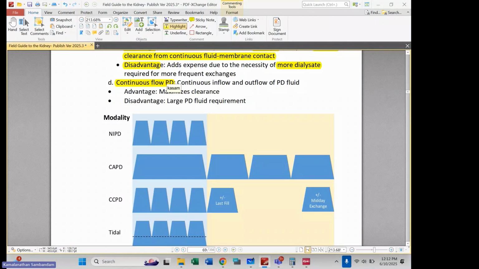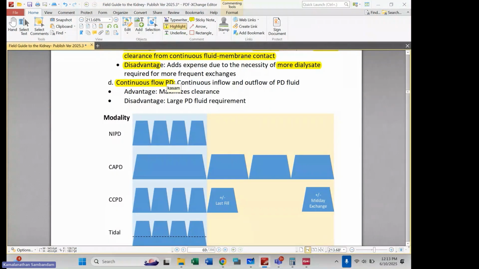So this might be something that you might consider. Essentially, if you were to do this, you would put a patient on a cycler. You wouldn't torment a nurse doing some form of continuous flow PD. You'd put them on a cycler. You'd put in 12 hours of total therapy, and I'm going to do 12 exchanges over the course of those 12 hours, where you're essentially putting fluid in, taking it out immediately, trying to maximize the gradient for small molecule clearance or ultrafiltration in order to achieve the UF goals or the metabolic control